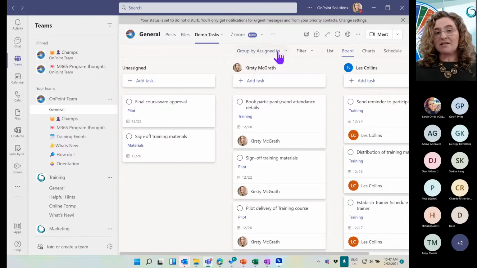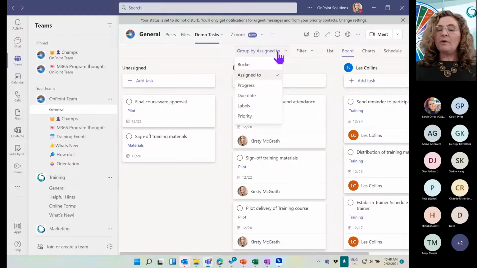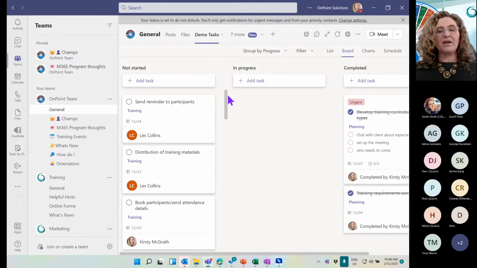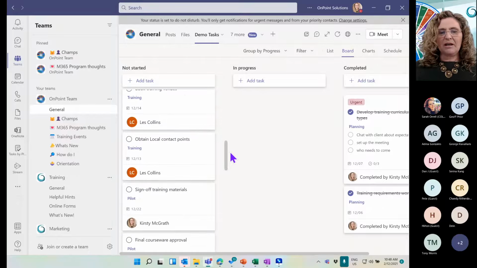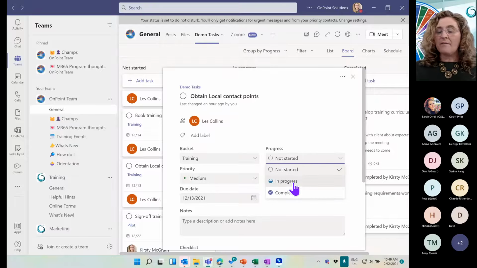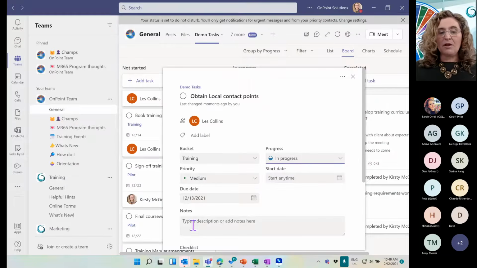Okay, so when we go assigned by, we can change it around. And when we go into that meeting, we can go, well, where are we at on progress? You know, if it's not even started, you might go, hang on a second, this is on our list. It's not started at all. That's fine. Well, let's focus on, did we complete it? Okay, I don't want to focus unless there's an issue. Where are we at in progress? Do we have something in particular that we want to do? The reminder or distribution or start booking, you can go, well, okay, where are we at? Attain local points of contact. Okay, I'm in progress. Let me just flick it over. Put in some notes in regards to, I've found the local point of contact, but I'm waiting on him to get back to me, for example.